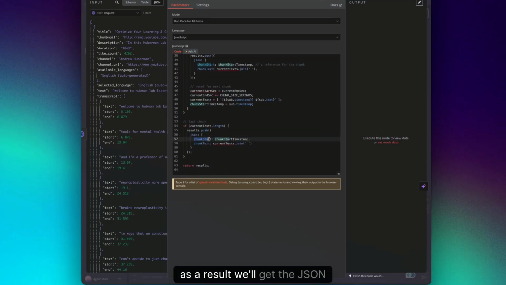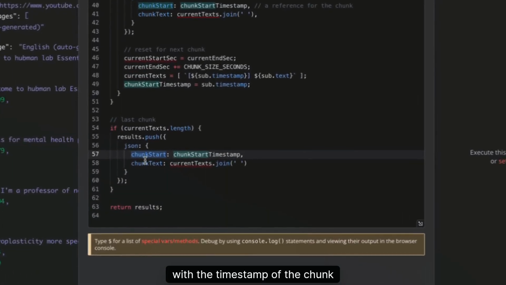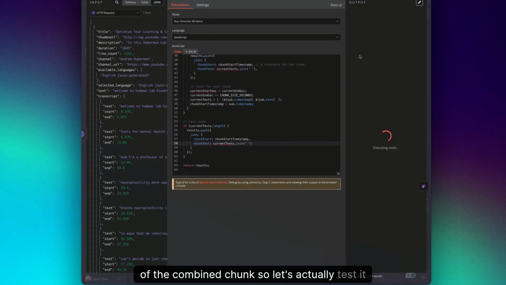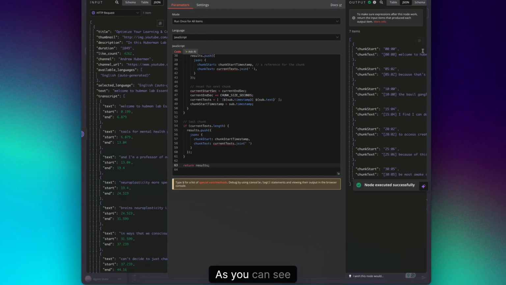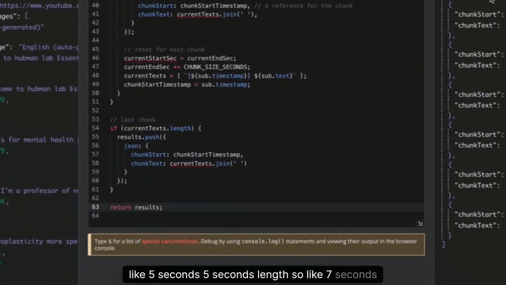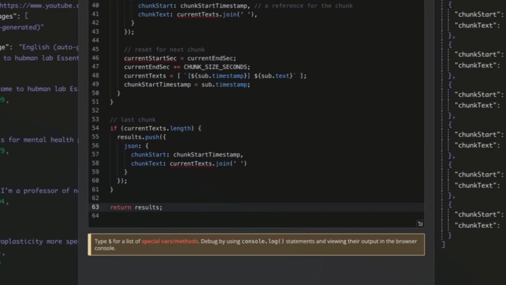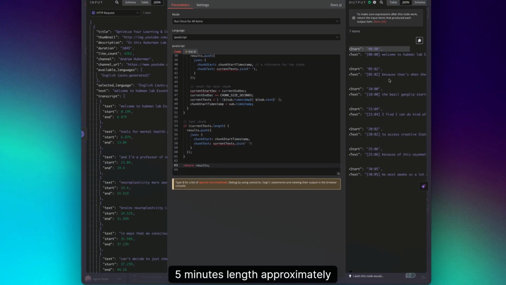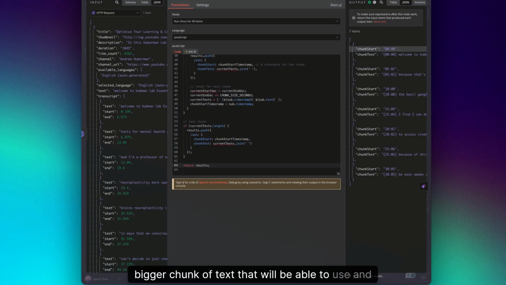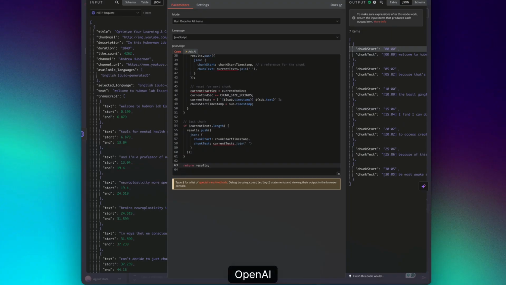As a result, we'll get the JSON with the timestamp of a specific chunk, and then the text of the combined chunk. So let's actually test it out. As you can see, it essentially groups all these chunks that are like 5 seconds or 7 seconds in length into chunks of approximately 5 minutes in length. So it's a bigger chunk of text that we'll be able to use and send it to OpenAI for the